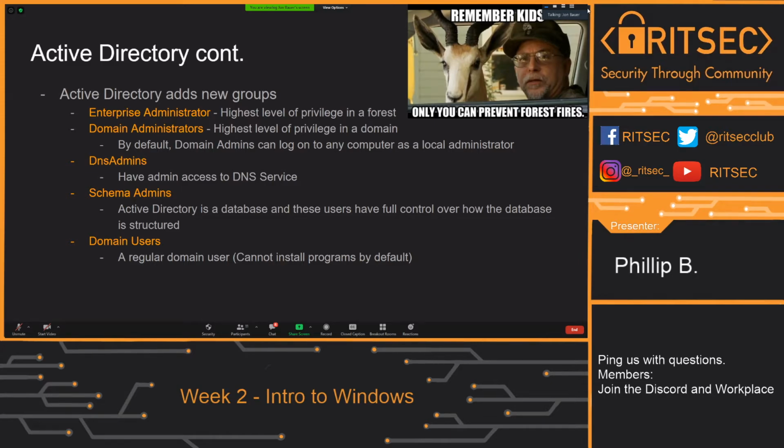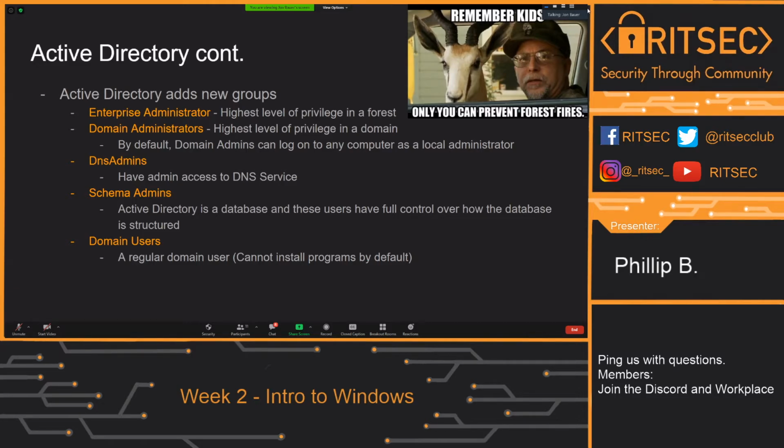So you can log into any computer as local admin. You can do pretty much anything on the network. In a competition or in the real world, you don't want everyone to be domain admin. This is not a very good practice. This could allow for a lot of problems in your network. Then they have specific admins. If you're just working on the DNS service, Domain Name Service, we'll eventually go through that, I believe, in networking week and network services week. But pretty much it just translates domain names to IPs if you're unfamiliar. But DNS admins can only administrate the DNS service on Windows servers. They can't administrate anything else.